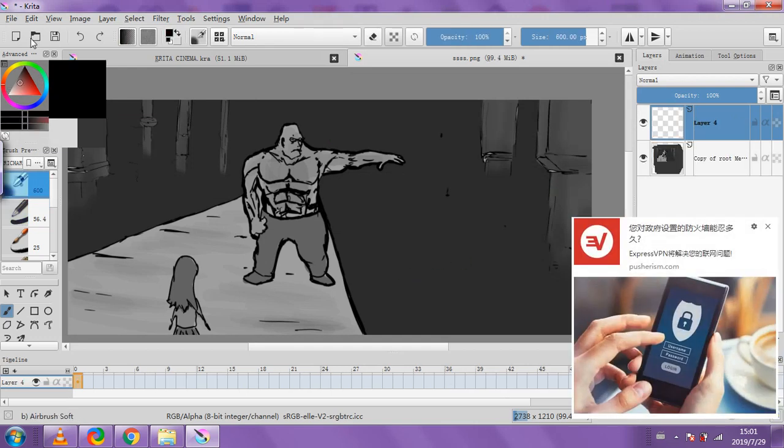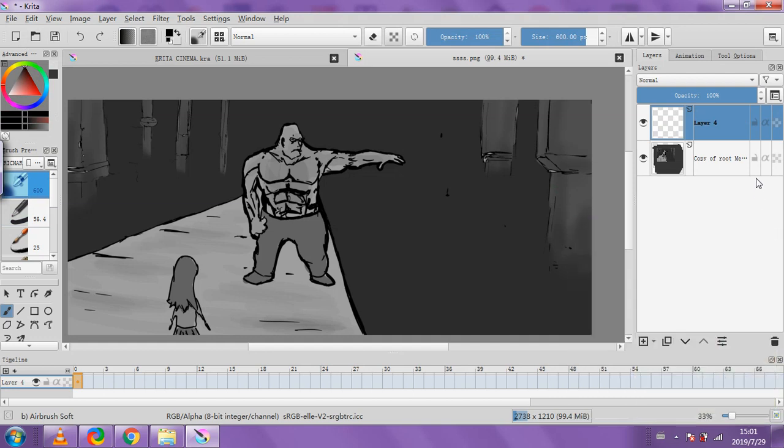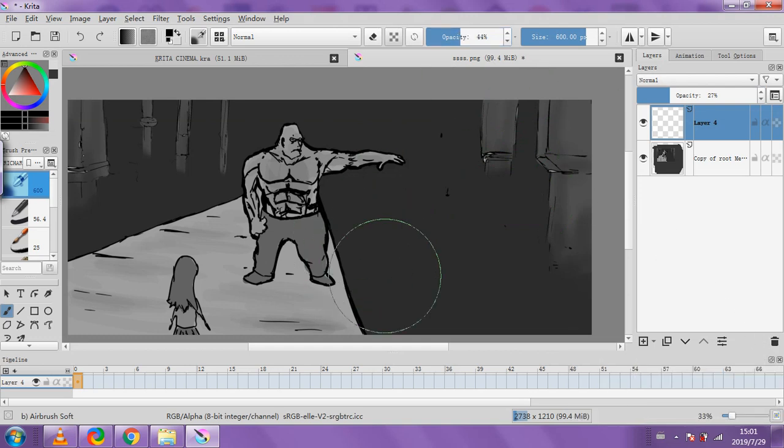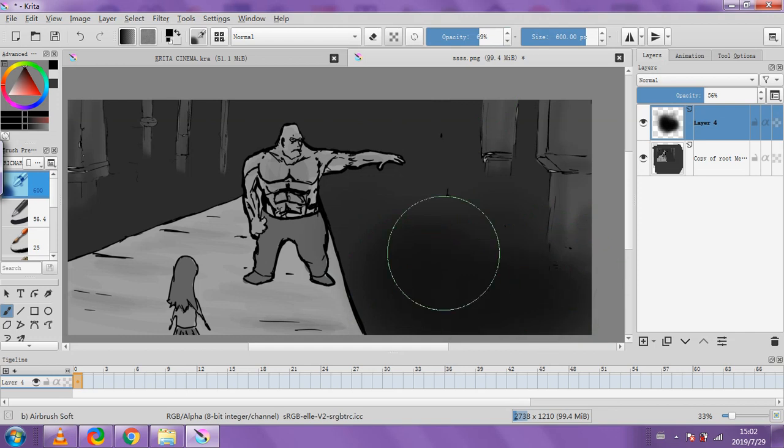Fade carefully, very carefully. Sorry for these advertisements that keep popping up. Low opacity on there. Low opacity on the brush as well. A bit lower that. Play with the opacities just so it's visible. Yeah. Just make it darker. You know, just getting there, especially this area is dark. He's dropping him into the darkness. And a bit of stuff on top. I think that's going to be okay.